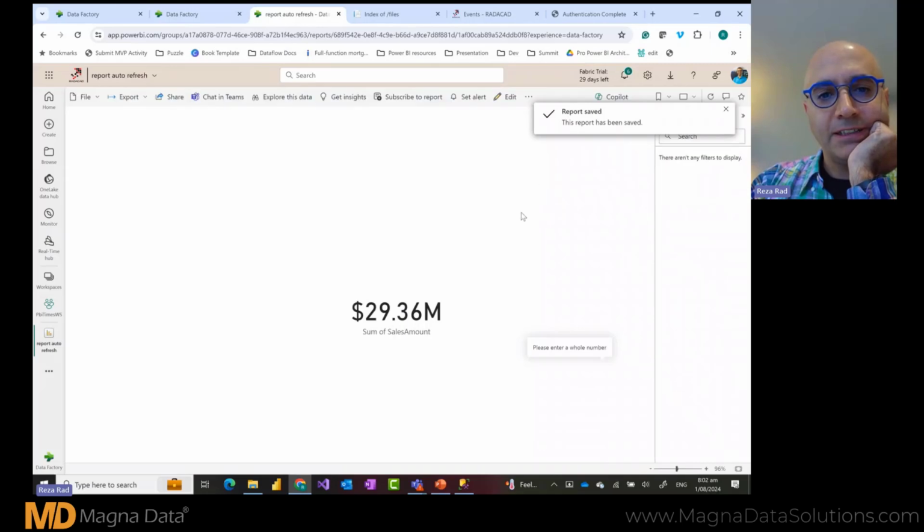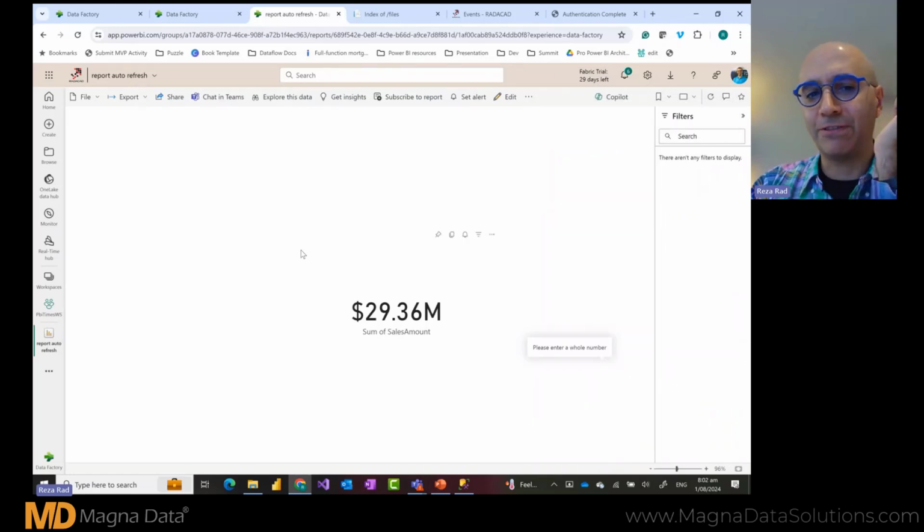Okay, now this is getting refreshed. You see there's a little refresh icon here. It's a report refresh, report page refresh, not the semantic model behind the scene, only the report. But if the semantic model's data gets changed, then this would update. In this case, because it is using direct lake, if any data in that lakehouse gets updated, this would show that